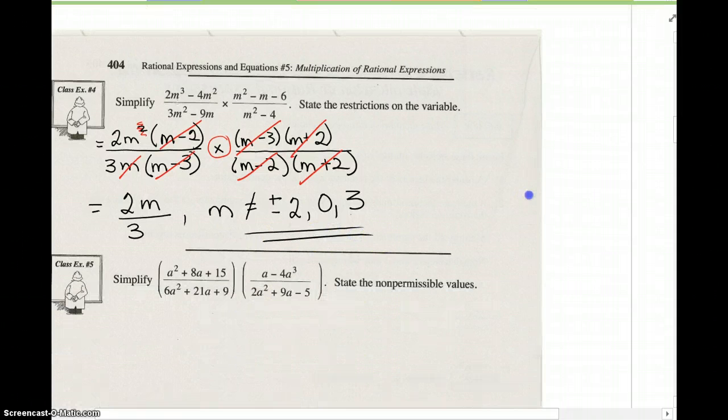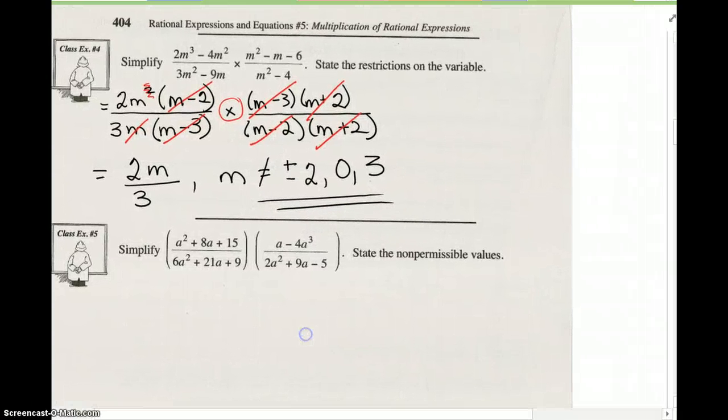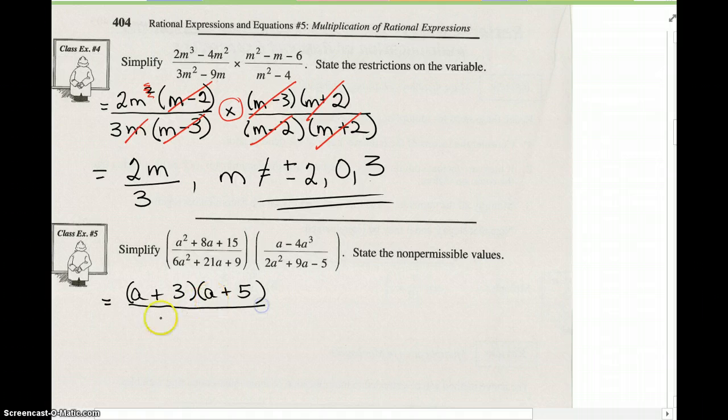All right. One more question for today, and that's going to be it. What we'll do here is some factoring, so feel free to go ahead, or you can stick with me here. We'll have simple factoring by inspection. So I'm going to have an A and an A, a 3 and a 5. There's my first factor. My bottom, I'm going to pull a 3 out front, and I will end up with